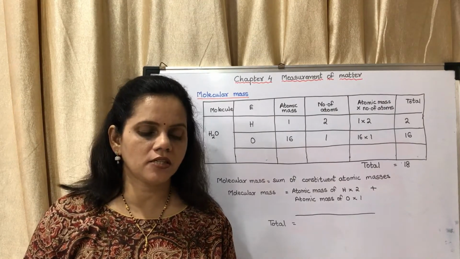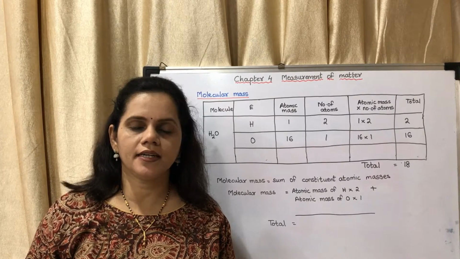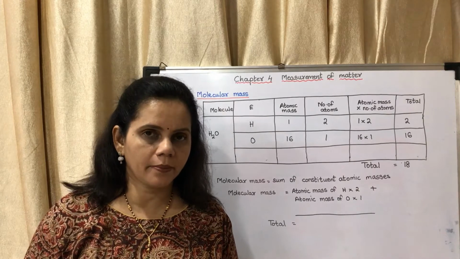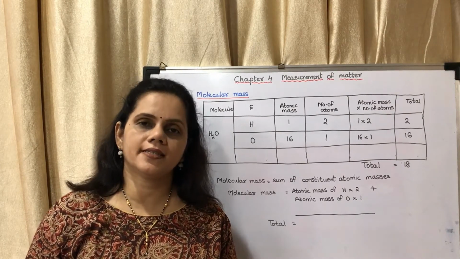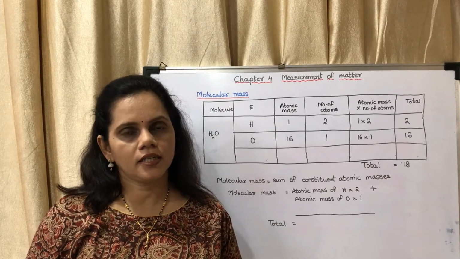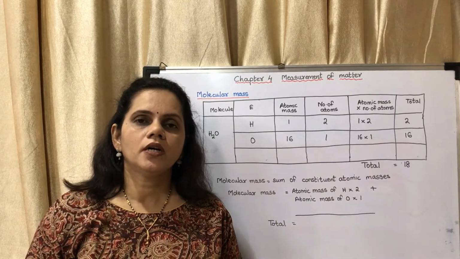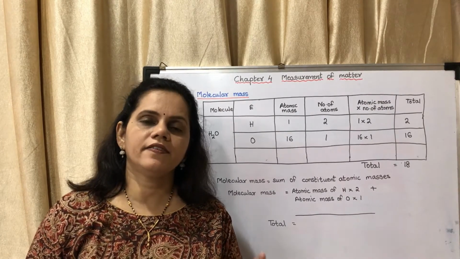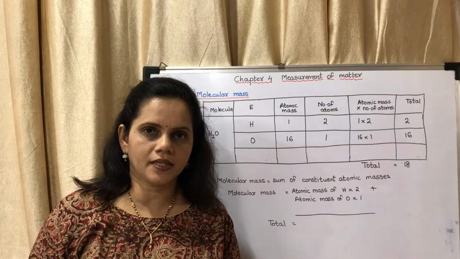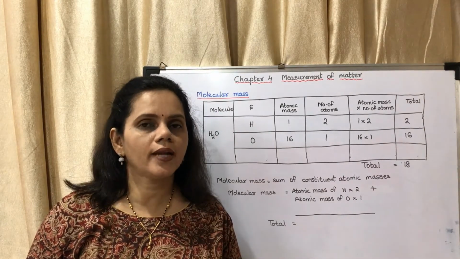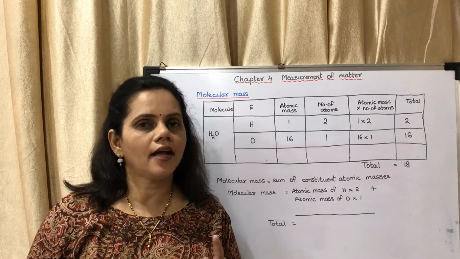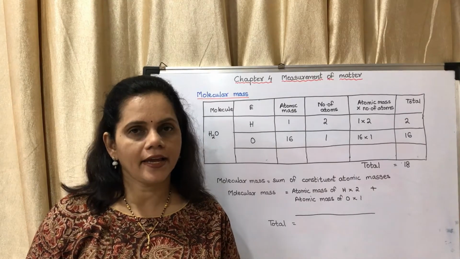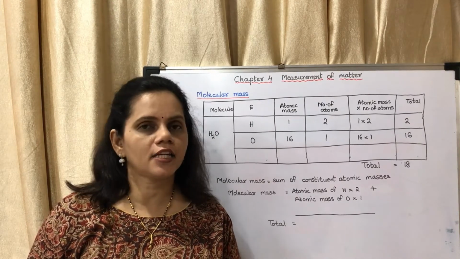How is an element represented in chemistry? You know that in chemistry elements are represented with a symbol. The symbol is either of one letter or of two letters. For example, hydrogen is capital H. If it is a single letter, it is always a capital letter. If there are two letters, then there is one capital letter and one small letter. For example, sodium is capital N and small a. For chlorine, it is capital C and small l.